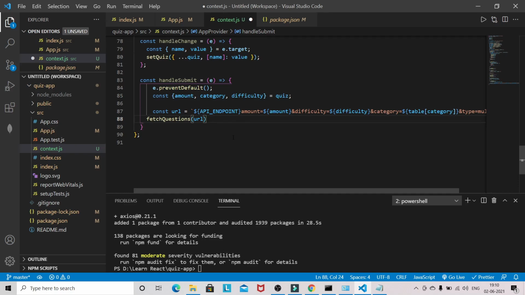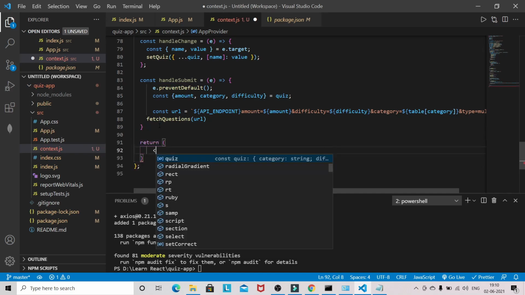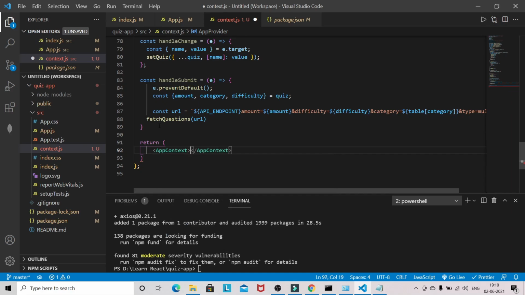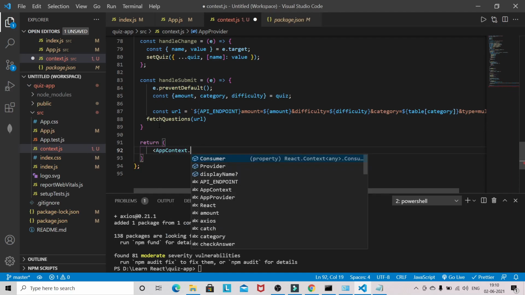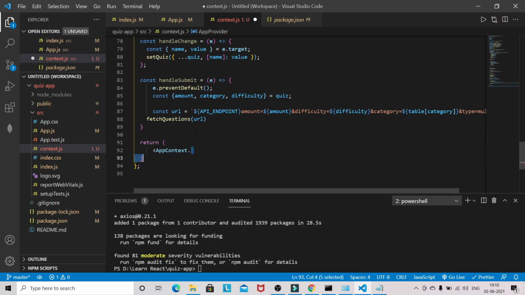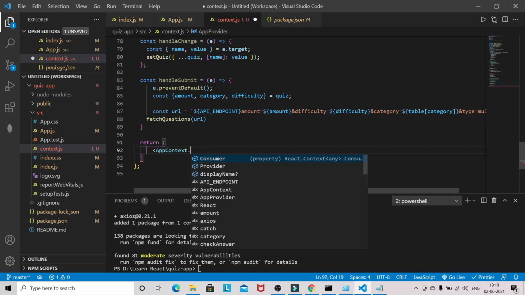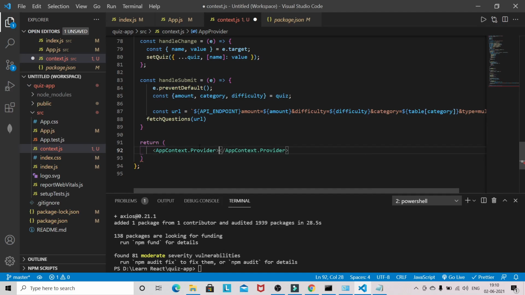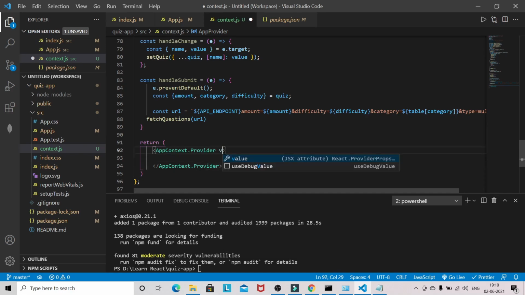Now we will be returning our AppContext.Provider, and in the provider all the values we are going to pass one by one.